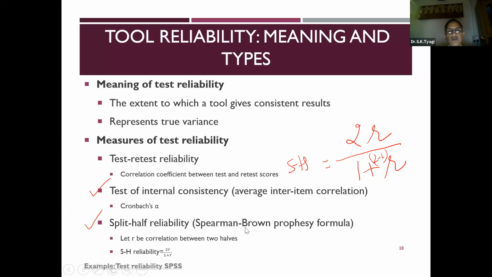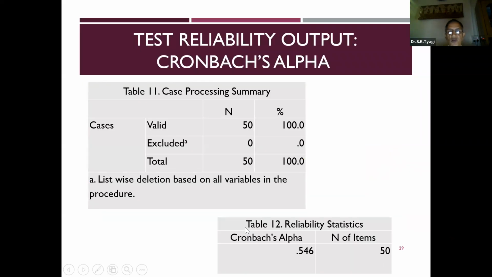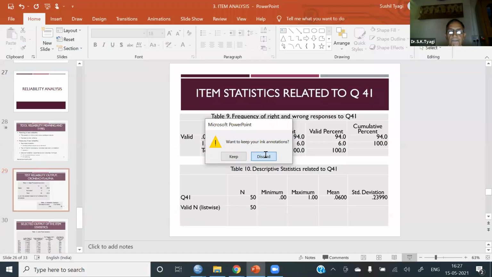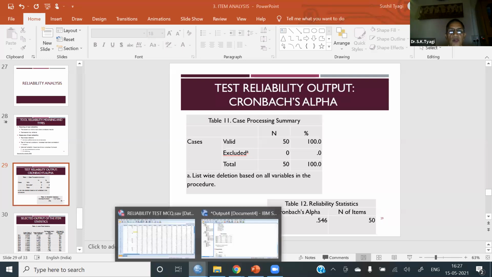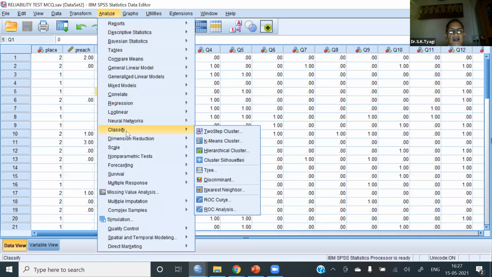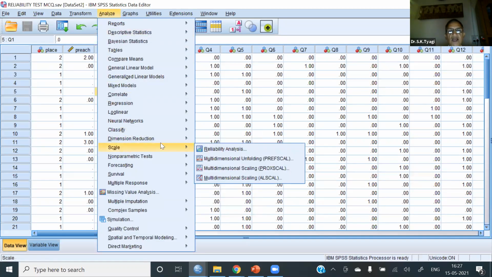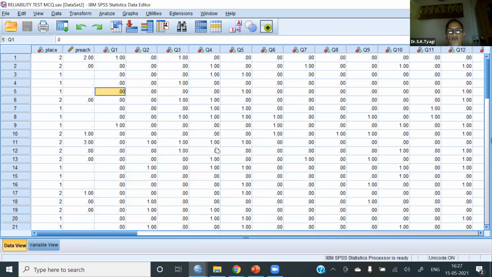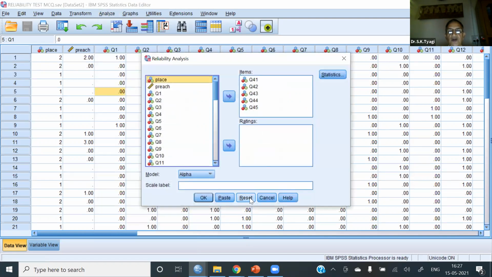So how to find this out in SPSS? This is again quite simple. We go to the data, and now let me show you how to calculate the reliability coefficient. We go to Analyze, Scale, Reliability Analysis, and we want to find out the reliability of the whole test.